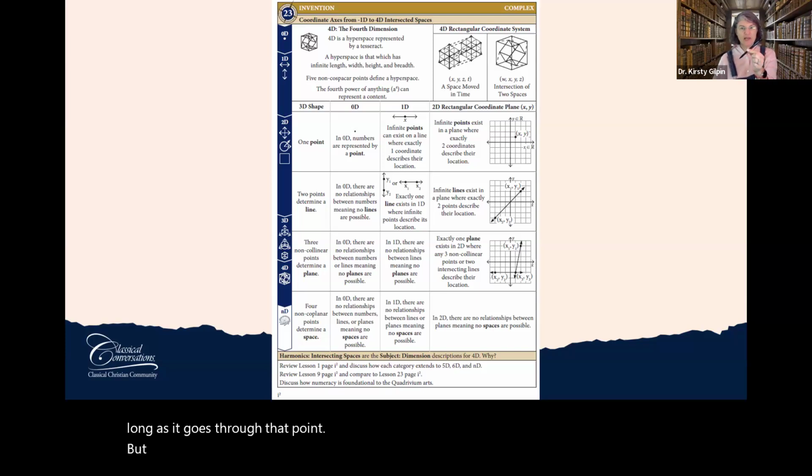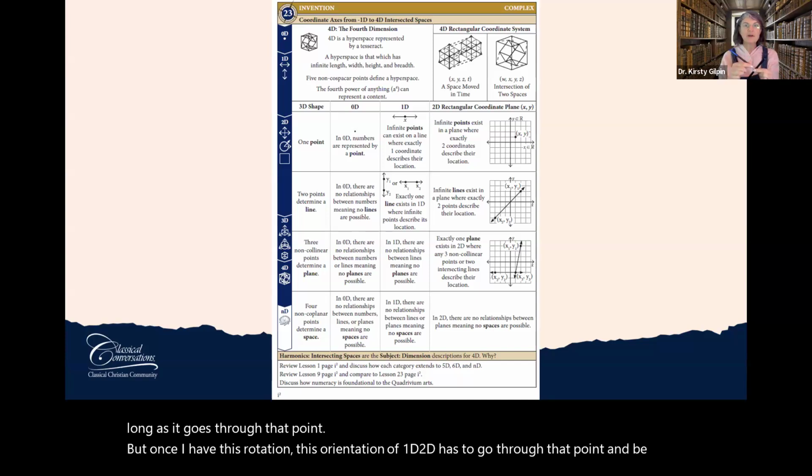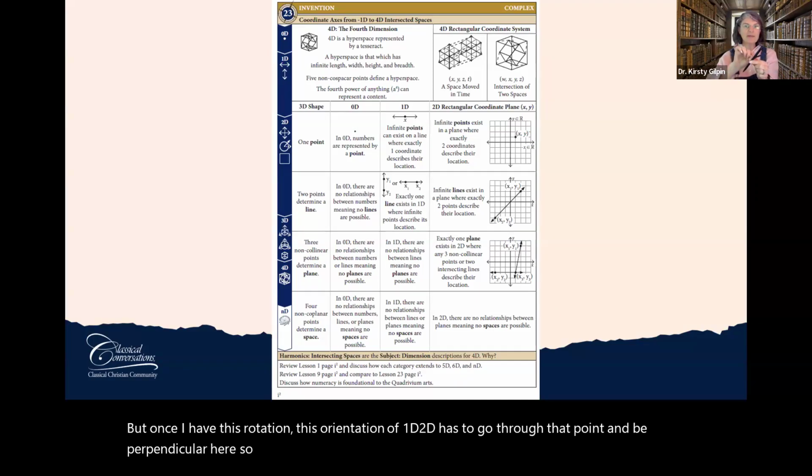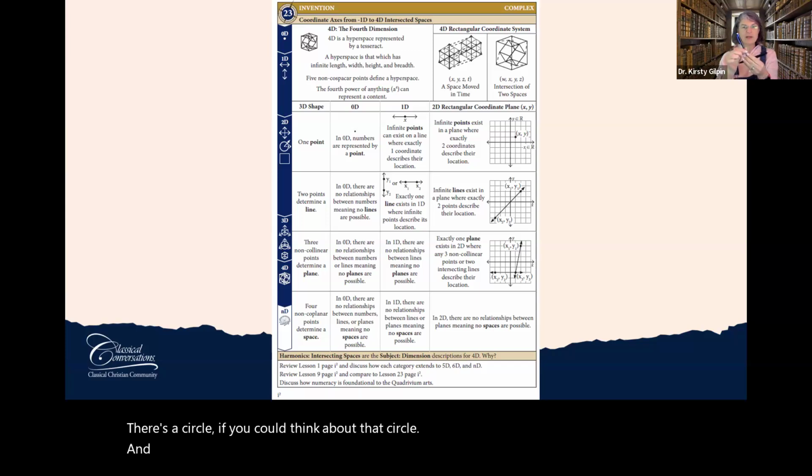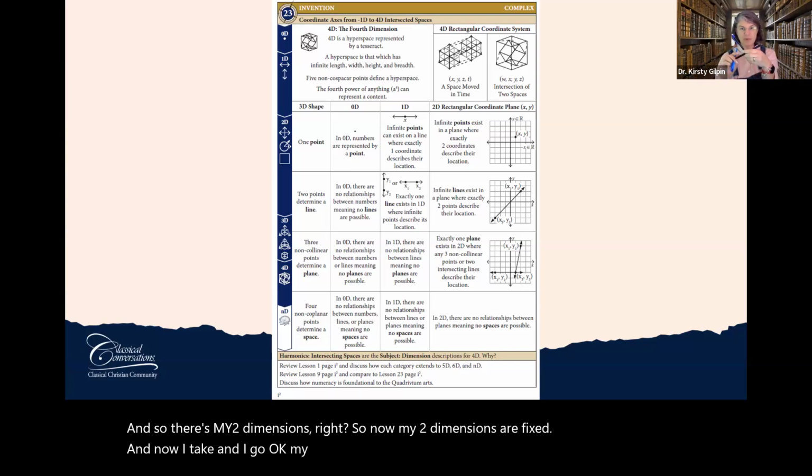But once I have this orientation of 1D, 2D has to go through that point and be perpendicular. So I still have an infinite number of ways, but only around a circle. And so there's my 2 dimensions, and now they are fixed. And now my 3rd dimension has to be perpendicular to both my first,